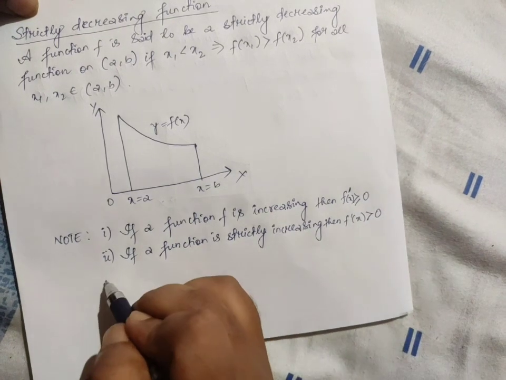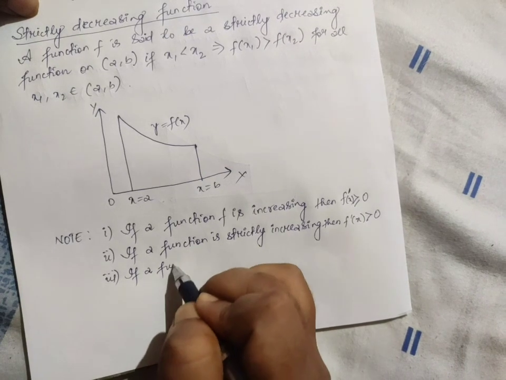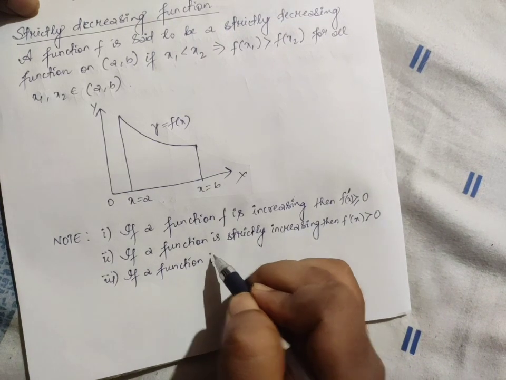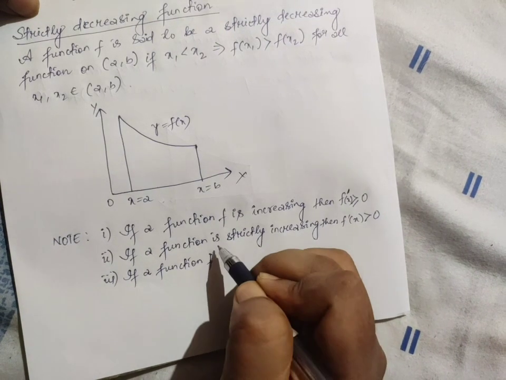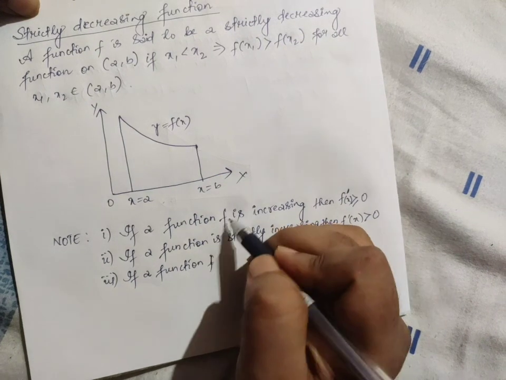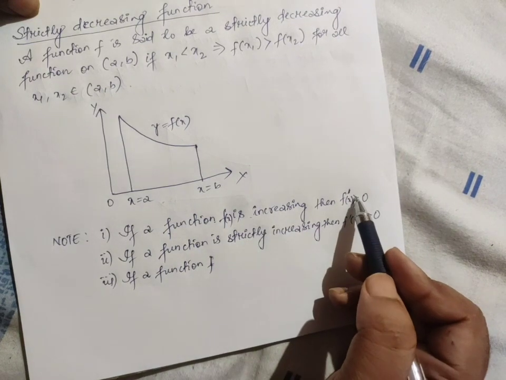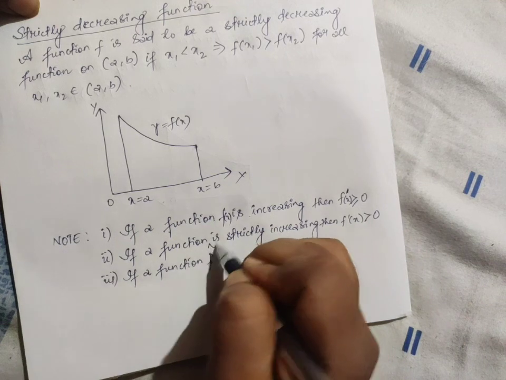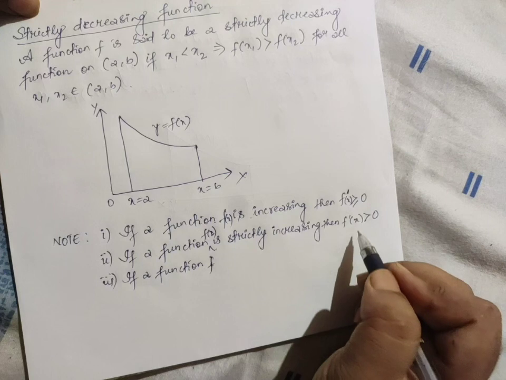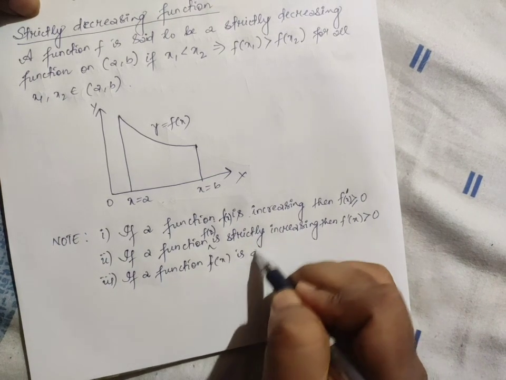Okay, third one is if a function f, then here also let us consider f of x. If a function f of x is increasing, then f dash x will be greater than 0. And if a function f of x is strictly increasing, then f dash x will be greater than 0. Next, if a function f x is decreasing,